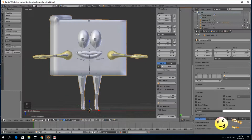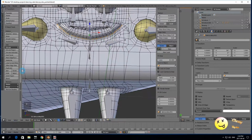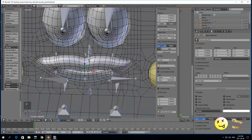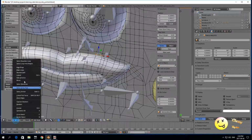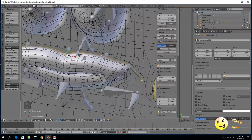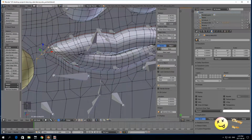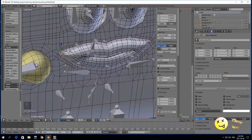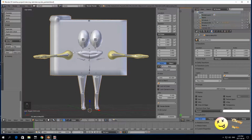So I'm going to do something else right now. It might seem a bit weird, but this is select edge loops for morphing and stuff like that later on. I find this mesh edges mark seam. And same one here. Select edge loops. Mesh edges mark seam. Mesh edges clear seam. Mesh edges mark seam. Okay. Now I'm going to weight this, but